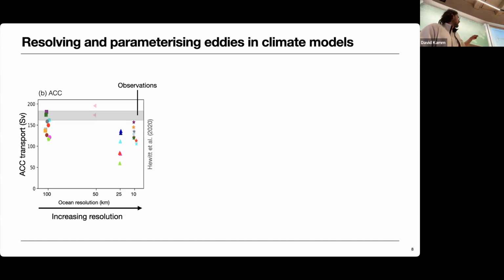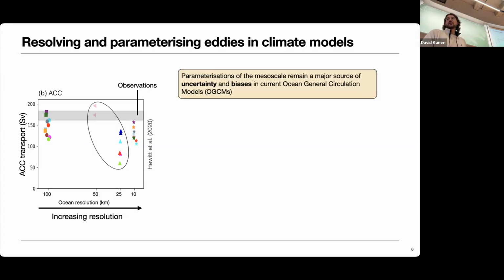And what you can see on the y-axis is the ACC transport for all of these models, and the x-axis is the horizontal resolution of the model of the ocean grid. And in the gray bar is what we know from observations. And what you can see here is that there's this clustering of the horizontal resolutions, and especially in the eddy